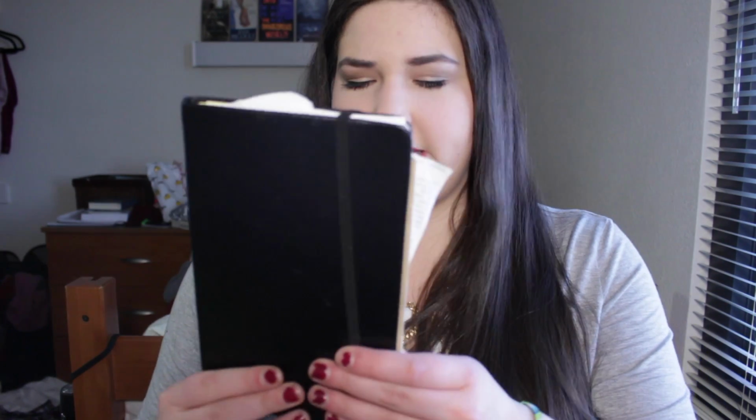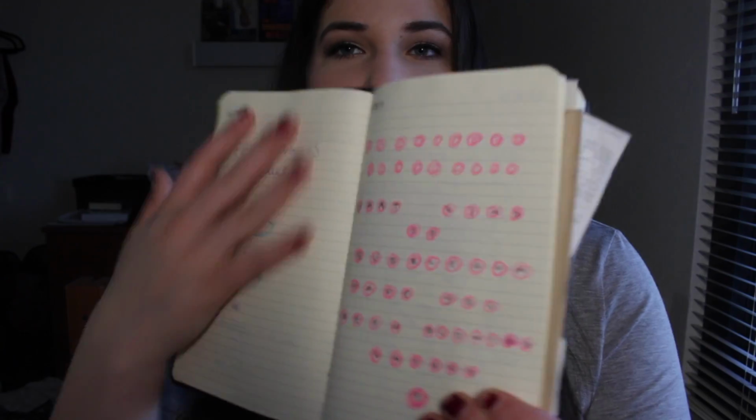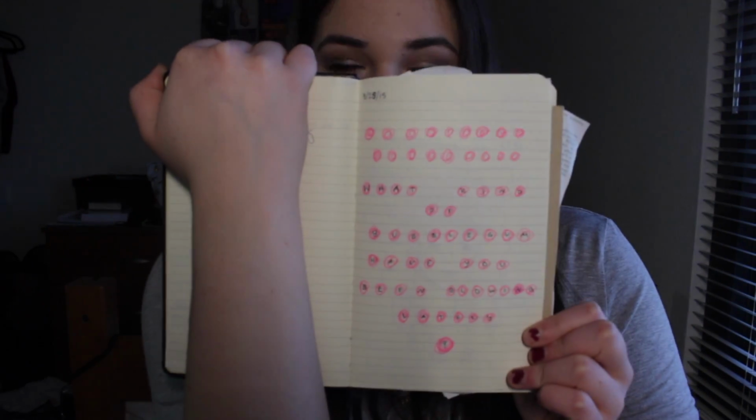My first journal is an art journal, which is just a plain moleskin looking thing, even though it's a moleskin knockoff. This is exactly what you think it is. It's me trying to be artistic. I'm starting to get more into calligraphy, so I have a lot of calligraphy in here. You know what? Me talking about it and not showing you is doing nothing, so let me give you some examples. I don't want you to see that because it's ugly, but here's some lyrics that I did on this page. Here's some colored pencil that I've done, and just like little drawings like this, those leaves, but just anything